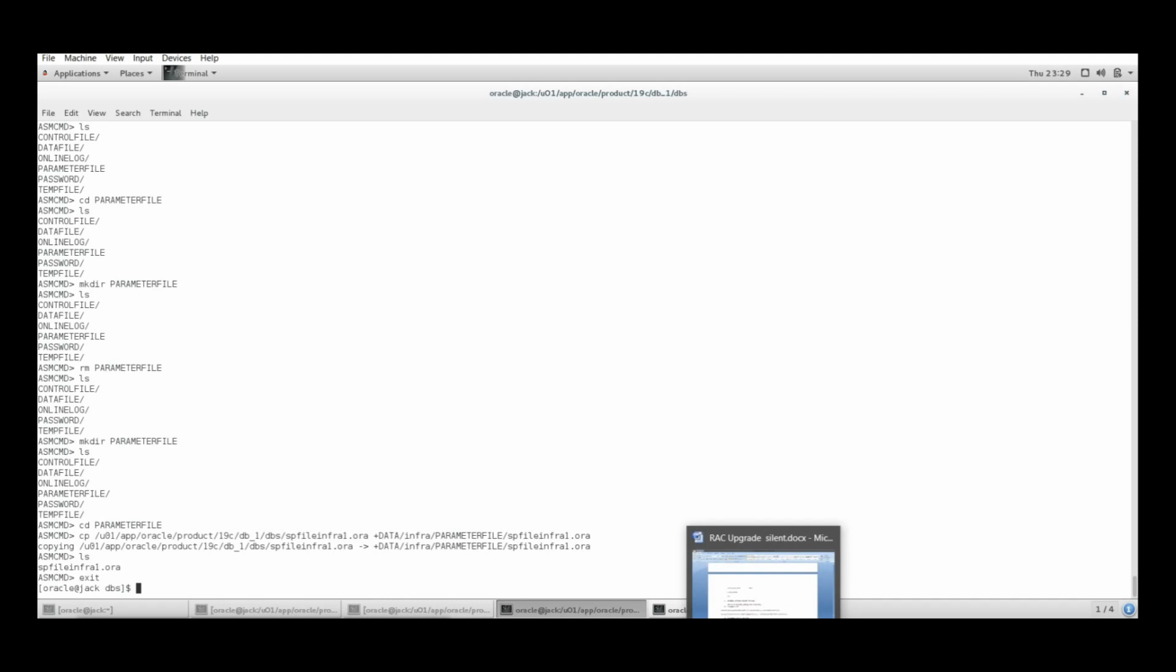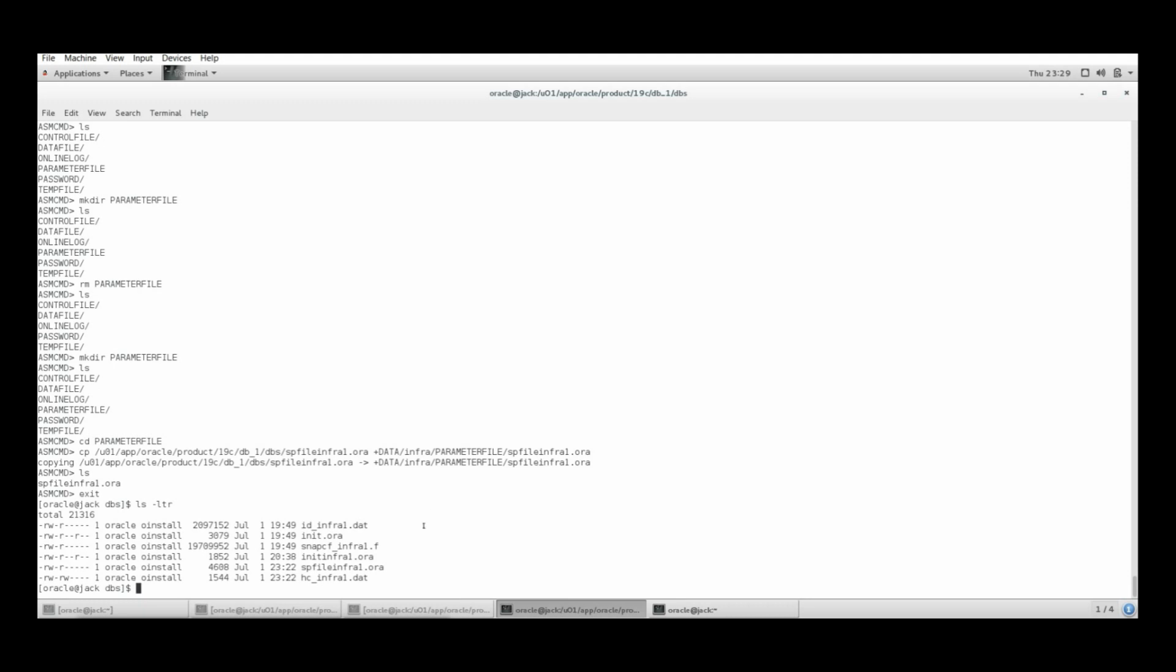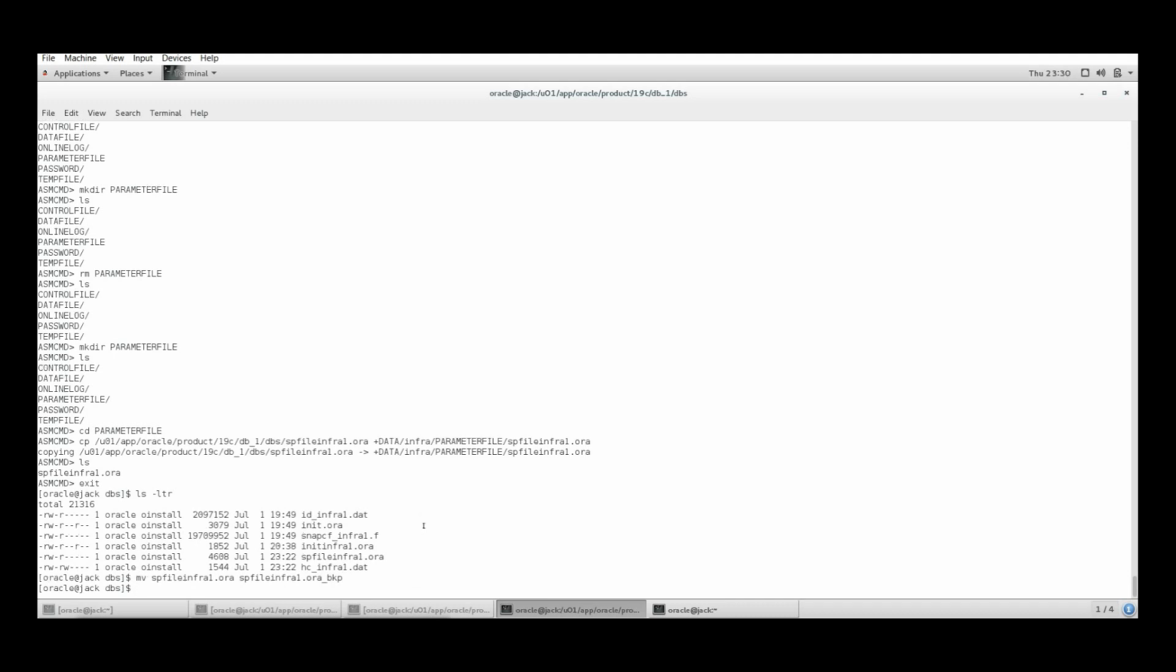Since now it is there, the next thing I need to do is remove the SP file from the Oracle Home DBS, because at first while starting the database it will always take the spfile.ora which is present in your Oracle Home DBS in the local path. So this is done, and let me remove this too. Okay,